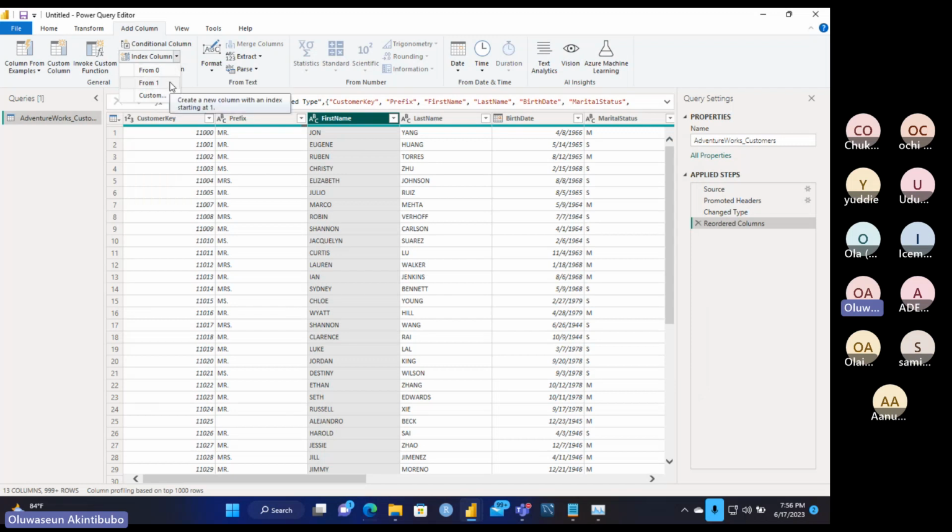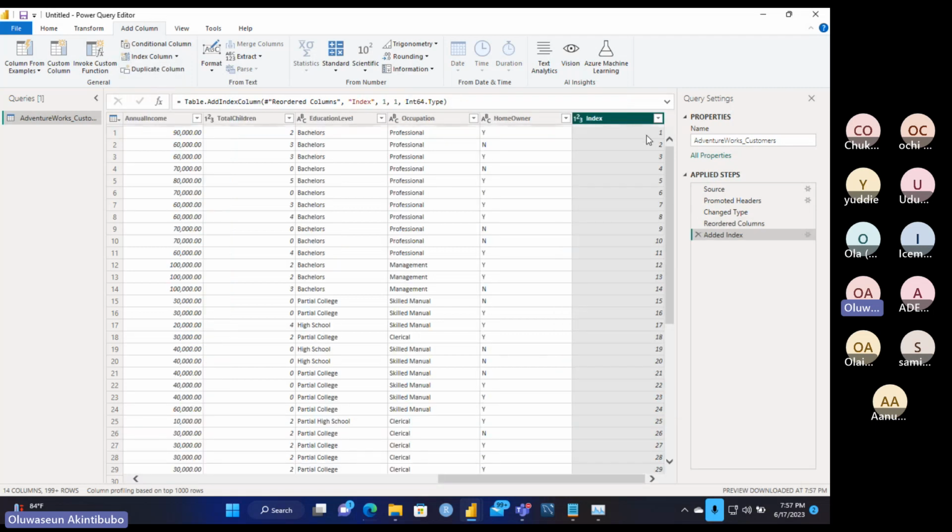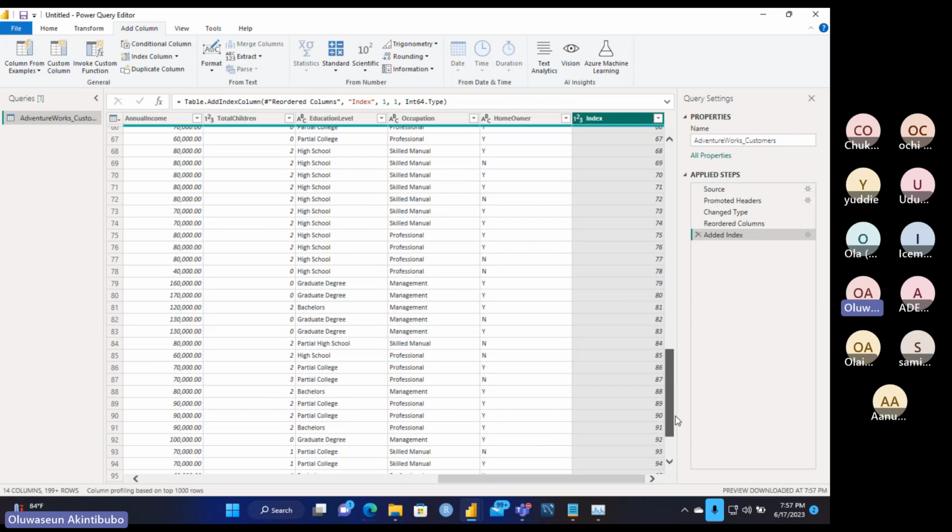An index column is a column that you can use to number your data. So take, for example, if your data does not have numbering, like this data now. Apart from the numbering, I want to bring in a proper index column. So I'm going to say start from 1. Can you see an index column has been applied? Can you see added index column? This column, homeowner, was the last column before, but now I've added an index column starting from 1, unique values downwards.